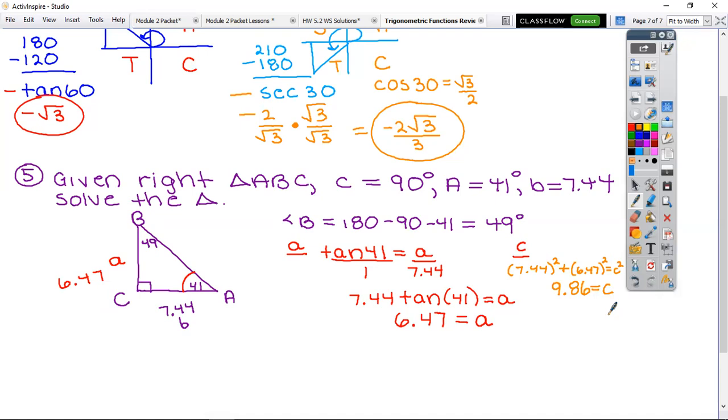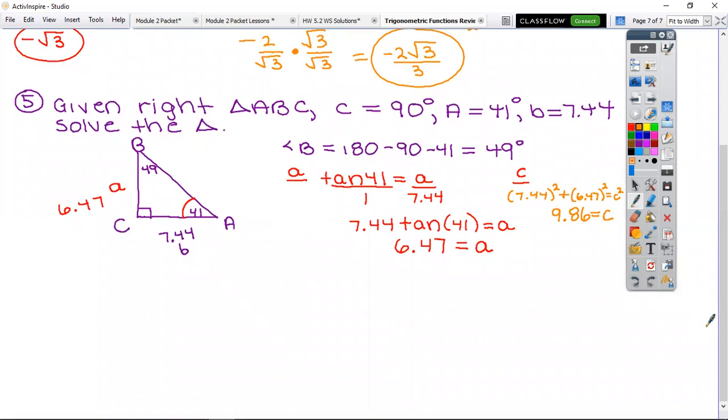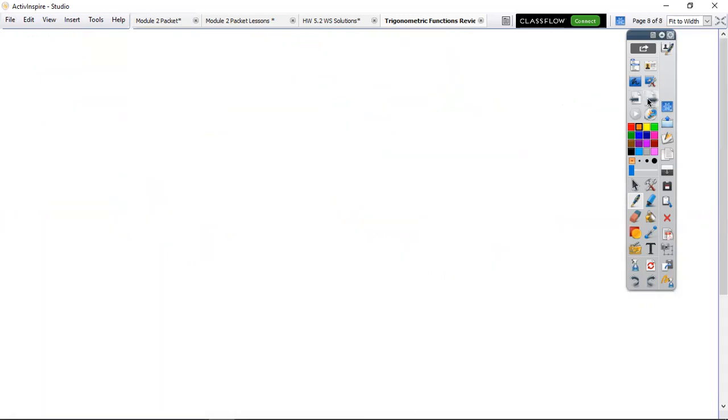All right, last but not least, number 6. Not a hard question. All right, so number 6 is a word problem. I'm going to say the Washington Monument is 169 point. I'm going to abbreviate this. I'm going to say monument. Oh, I'm sorry, that needs to be an N. I'll copy that. Monument